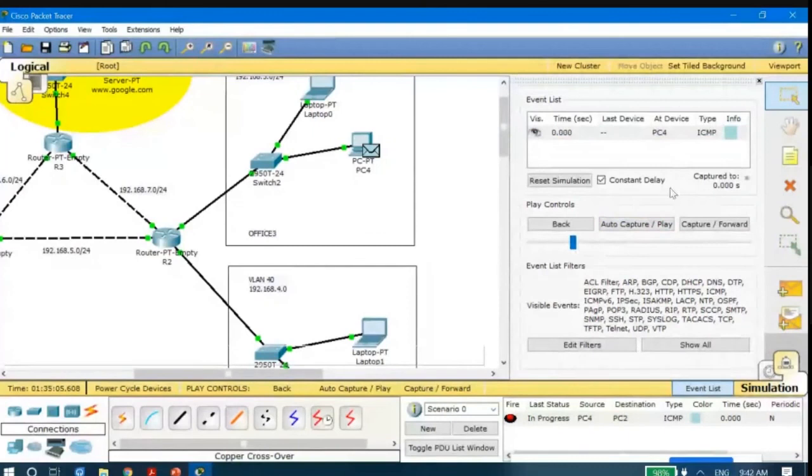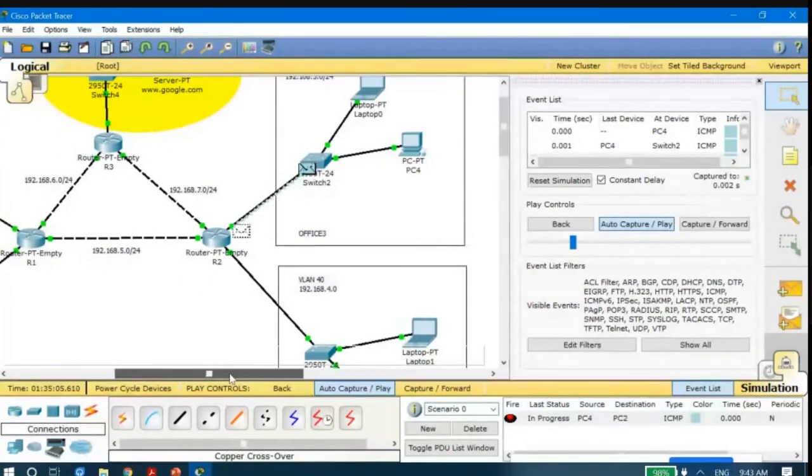Let me just slow it down. Here you are visualizing it in a slower mode. Once I clicked on auto capture and play, you could see that envelope originating from the PC from where you are sending the PDU.